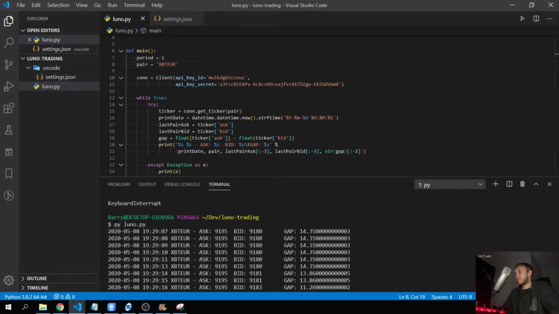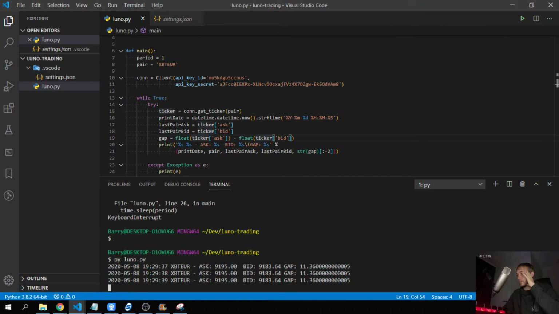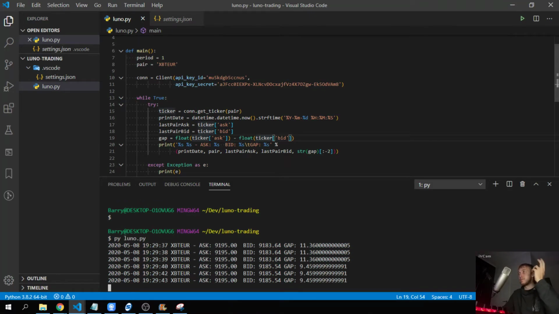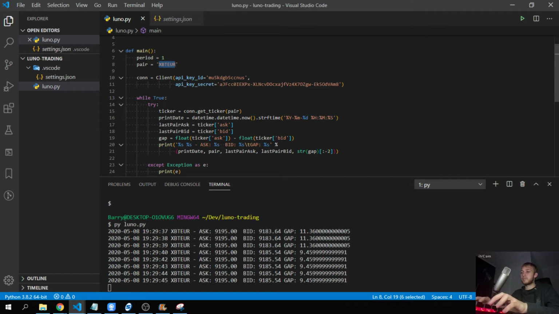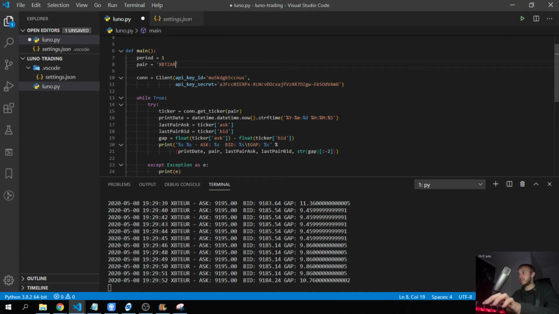And here the gap's actually very different. So here I wouldn't want to do these .3s. Let me just cut them out for now. I'll put them back in a second. If I was doing euros, then the price matters because the bids are like point something. But for XBT ZAR, the way that you can trade rands on Luno means that we always trade in whole numbers because our rand is weak and cents are worth like nothing. Anyway,